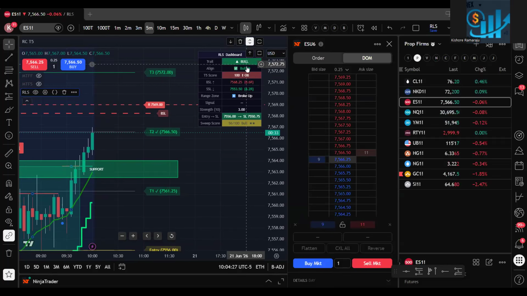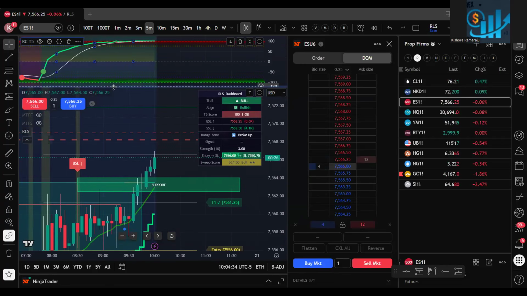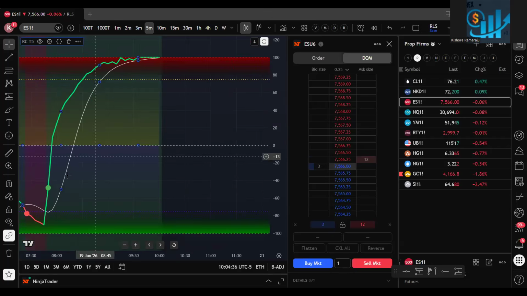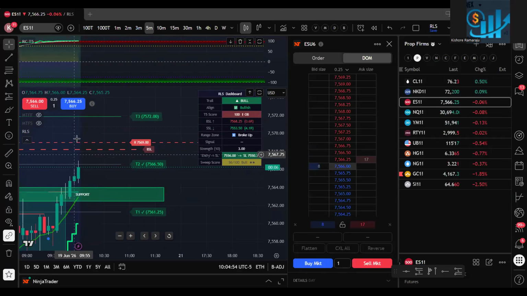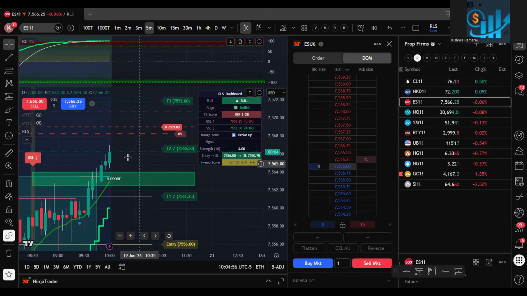As of now, trend is bullish. It is nearly overbought. If you see T5, you can see that it came all the way to the top. Your score is nearly 100 now. It went all the way to the bottom around 740, 750. It started going up. That is where we got the SSL signal. Now we should go to this 75.68. Then you know where you can set your targets.